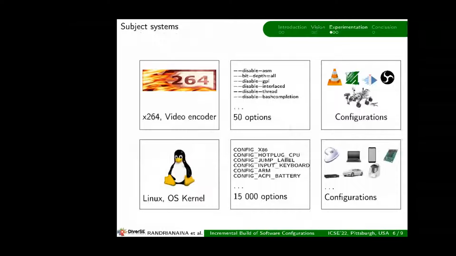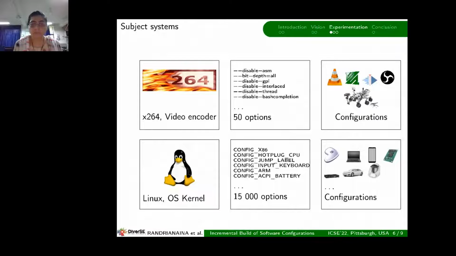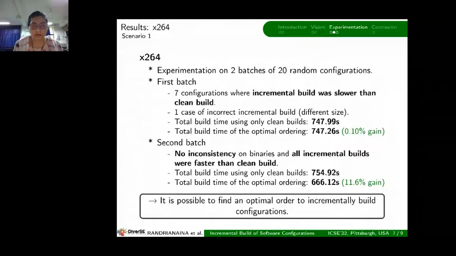We applied our experimentation on 2 systems. The first one is x264 and the second one is the Linux kernel. For the results of the ordering,